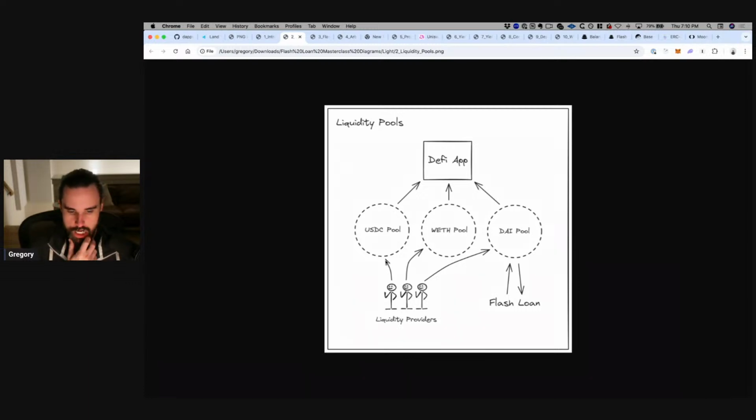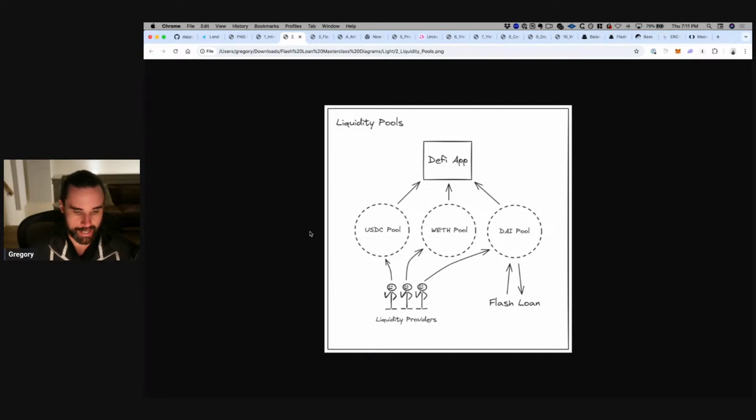inside some smart contracts. Basically, you've got decentralized liquidity providers, which is just anybody who can get on the blockchain and say, hey, I want to provide liquidity to Uniswap to get passive income. I can just park my cryptocurrency in Uniswap to do that. Then Uniswap gets money for their application, and I get liquidity so that I can trade. So it's a win-win-win. Uniswap gets money to run, I get liquidity so I can swap my tokens, and liquidity providers get passive income for putting their money in the applications.